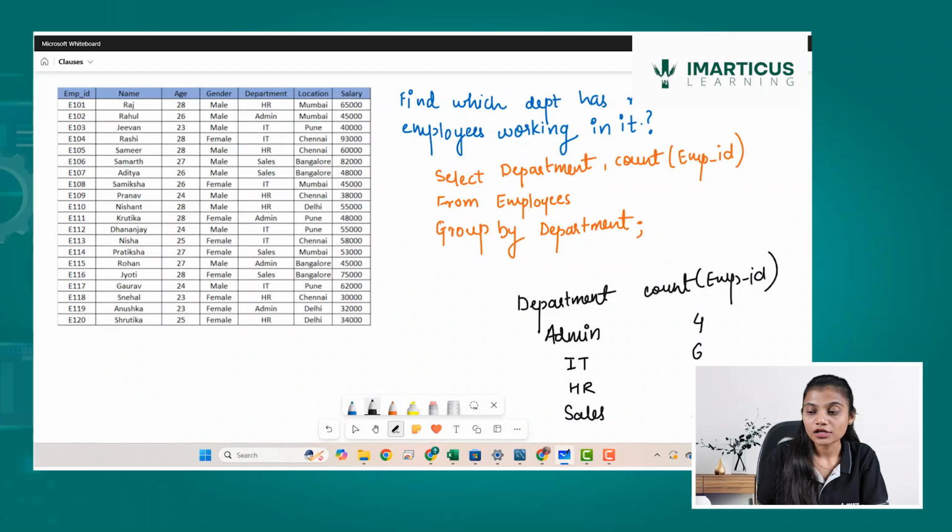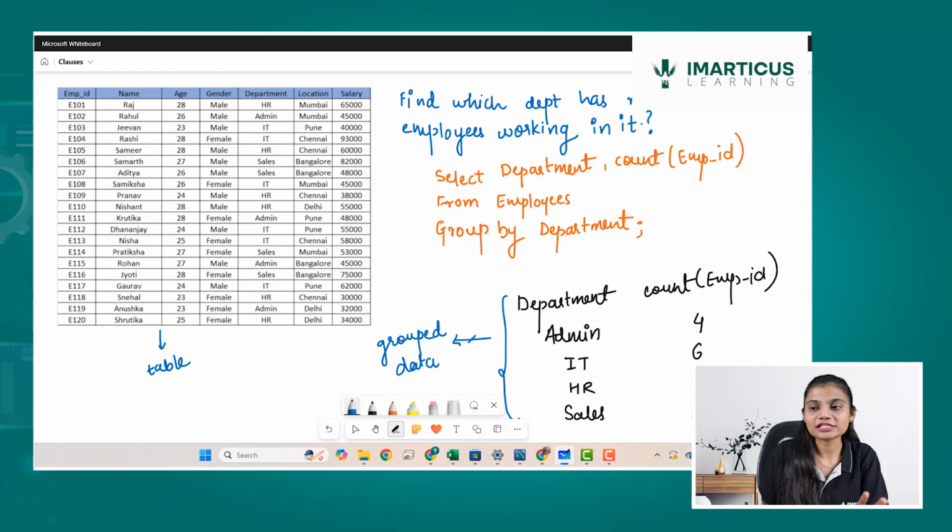So the result which I have gathered over here with respect to my group by is known as grouped results or grouped data. This result is known as grouped data, a grouped result, or also a grouped table. And this is your normal table. This is a table, and this is nothing but grouped data or a grouped table.